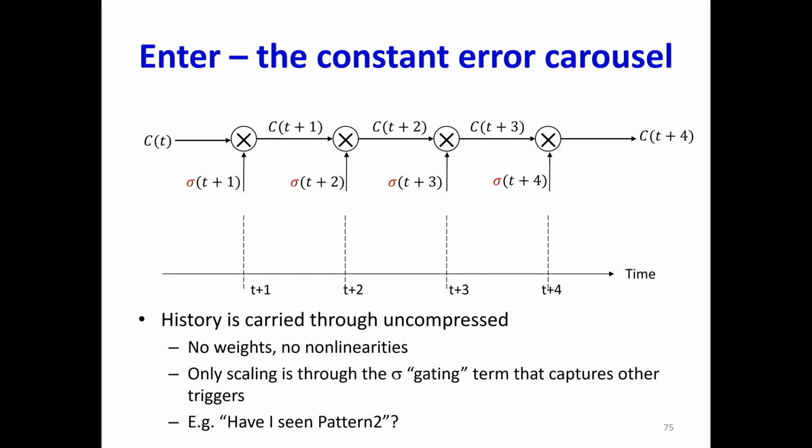C of t is my memory, and it's going to go clean through with no weights. Every connection has basically just a diagonal identity matrix as its weights and no activations. The only way it's being modified is by multiplication through this gate, which looks at the current input and other relevant factors, the context, for instance, and then decides whether what is in memory must be modified or not. Is this making sense? The rationale behind what we are doing, is that making sense to everybody?